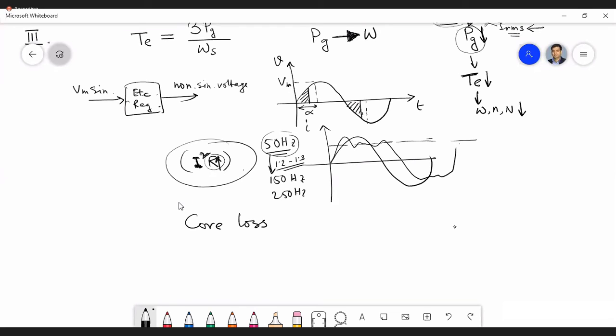Okay, now capacitor is basically consist of dielectric material, isn't it? Yes. Capacitor has dielectric material. And in a dielectric, do you know what kind of loss we get? That is called the dielectric loss. Okay. Now this dielectric loss, I will explain in details when we'll discuss dielectric heating in the second chapter.